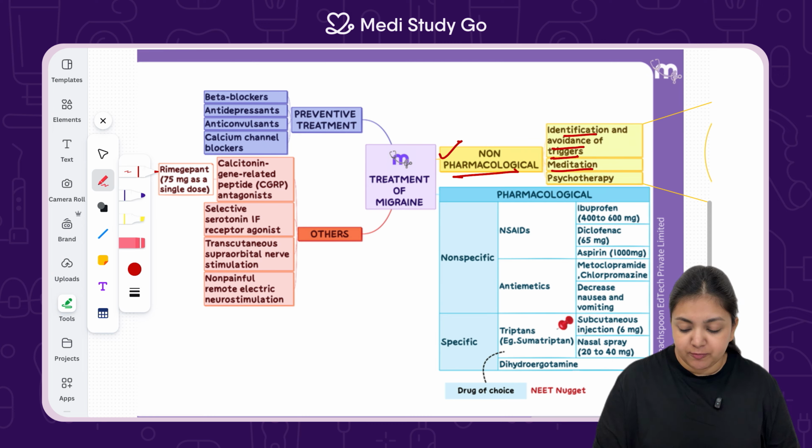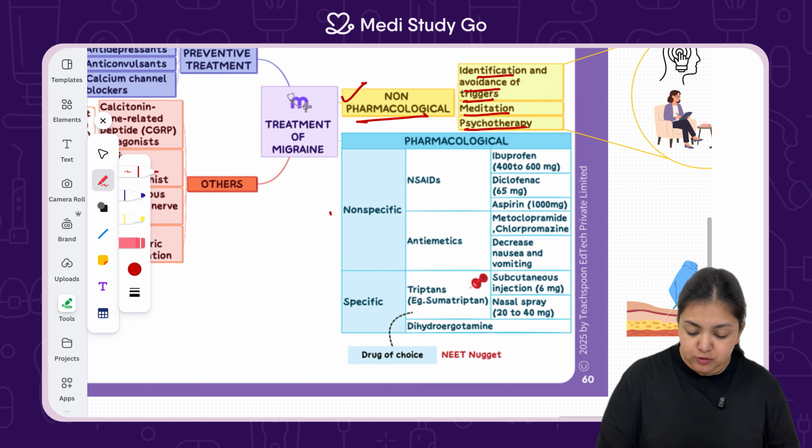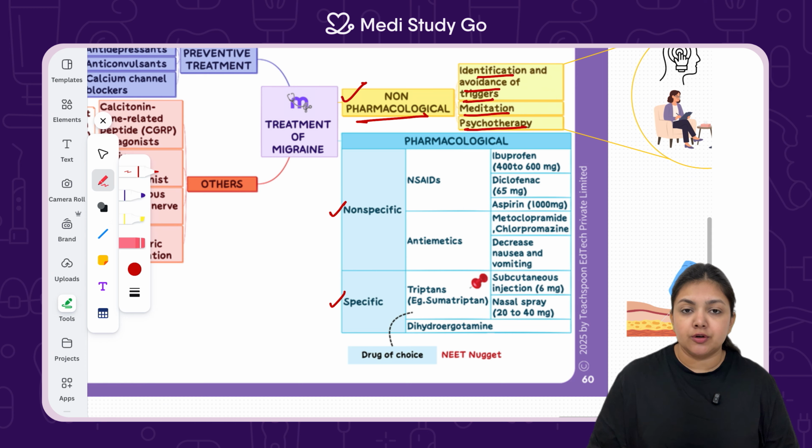There can be requirement of meditation and psychotherapy, which can also be used as non-pharmacologic aids. Coming to pharmacological aids, we can use non-specific and specific agents. Non-specific is basically some painkillers and some antiemetic drugs which control the feeling of nausea and vomiting. For painkillers, we can use NSAIDs like ibuprofen, diclofenac, or aspirin. For nausea and vomiting, we can include antiemetics like metoclopramide, chlorpromazine, which decrease the nausea and vomiting